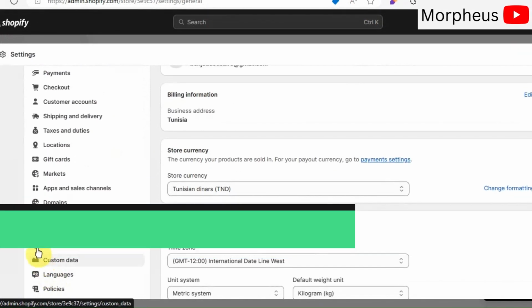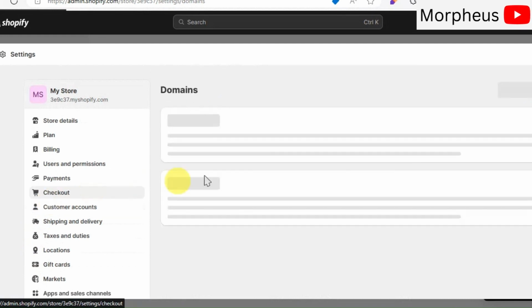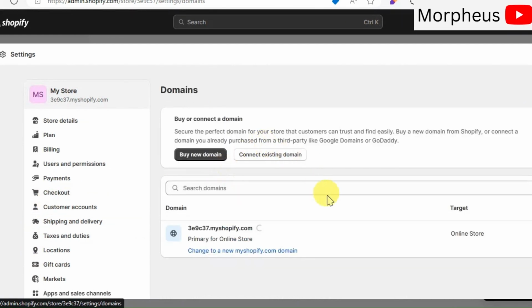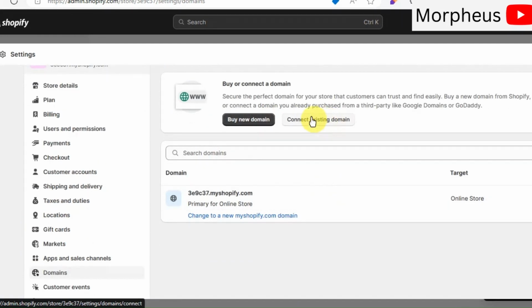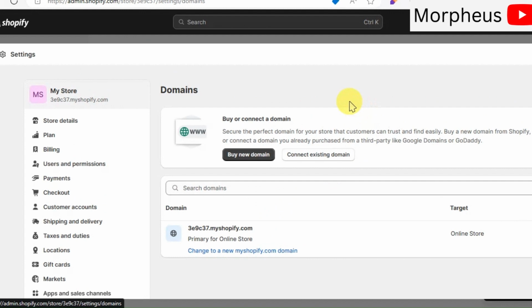Your current domain name is the default Shopify subdomain. You need your own domain name because first, it's easier to remember, and second, it gives more trust to your customers to buy from you, as it is a more professional domain name.